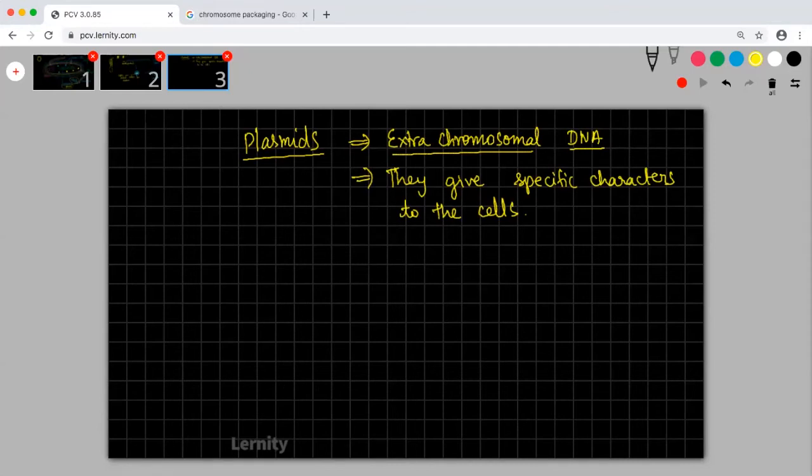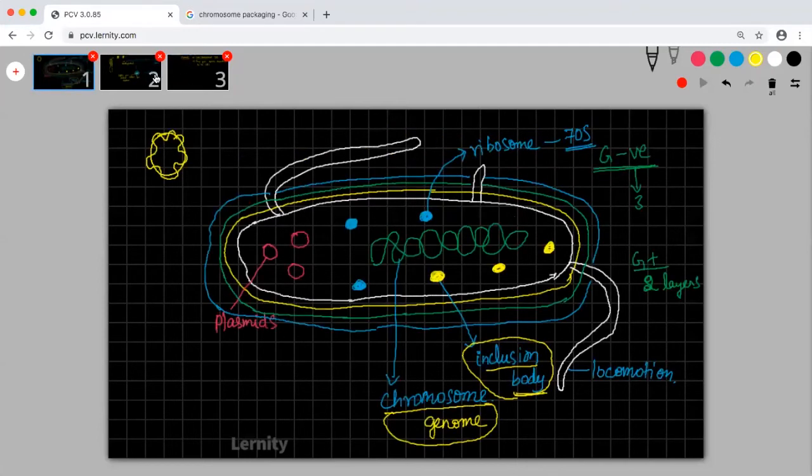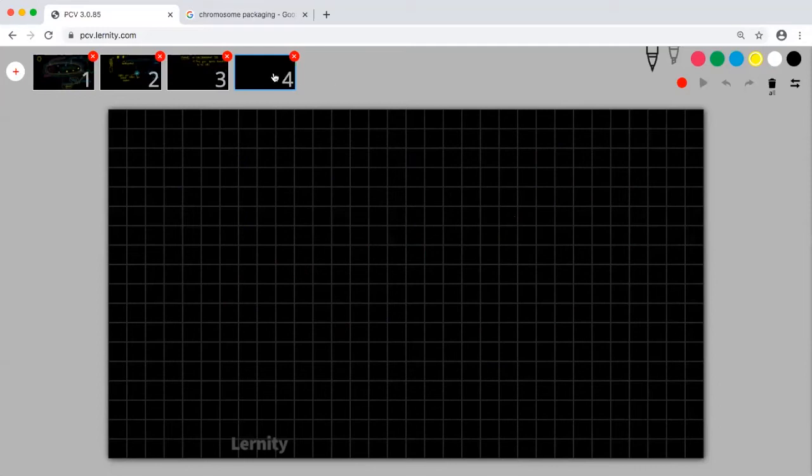So what is this extra chromosomal DNA? This bacteria is having something called a plasmid. So here I need to teach you something. Let us say that there is a bacteria and this bacteria is having a plasmid. This plasmid will be of different types. So what will this plasmid contain? This plasmid will contain DNA, or what we call a gene.